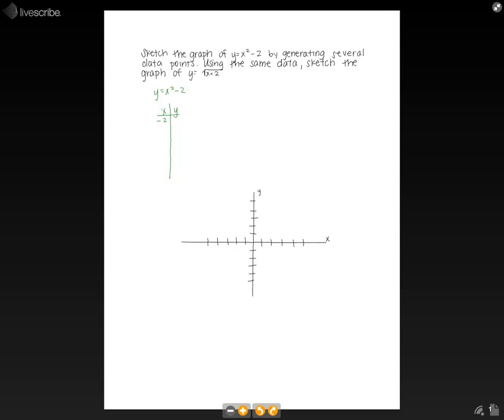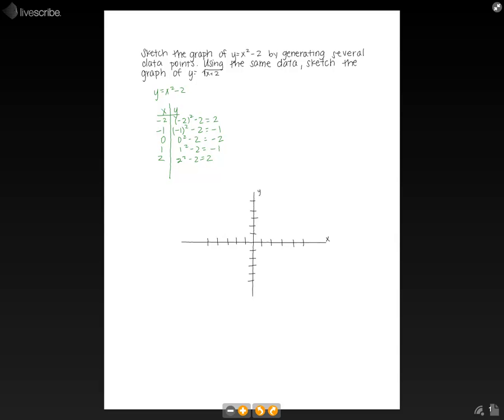We'll pick -2, -1, 0, 1, and 2. So now we need to plug our data points into our equation. So we would have -2 squared minus 2, which is 4 minus 2, so that's 2. Then we would have -1 squared minus 2 equals, that's 1 squared minus 2, so -1. Then we'd have 0 squared minus 2, so that would be a -2. We would have 1 squared minus 2, which equals a -1, and then 2 squared minus 2, which is a